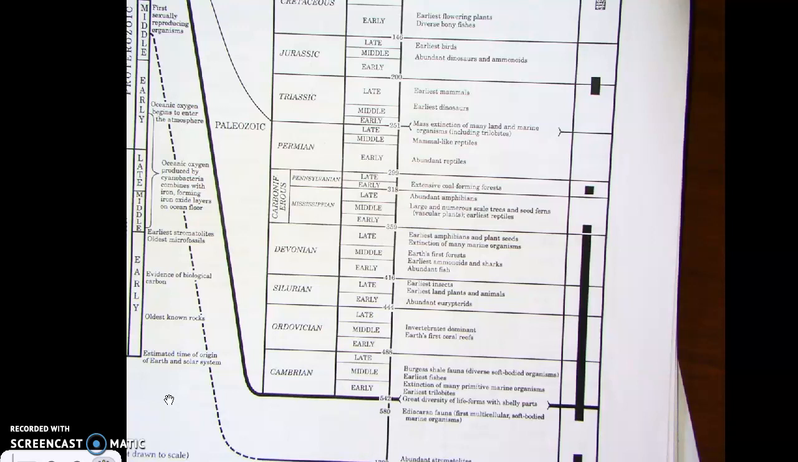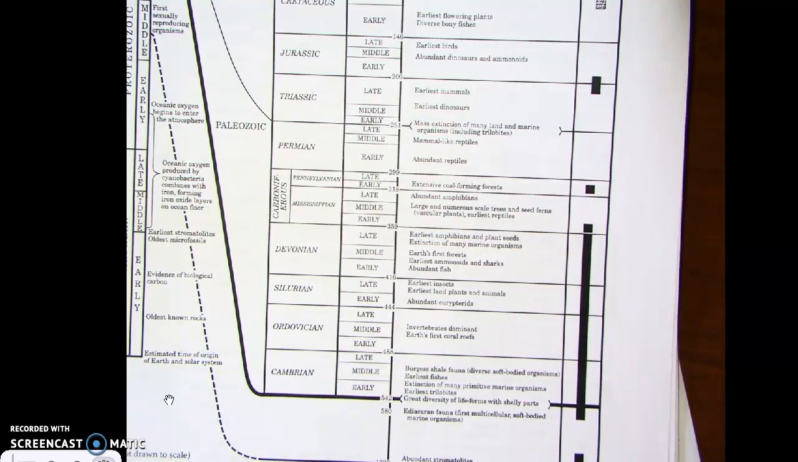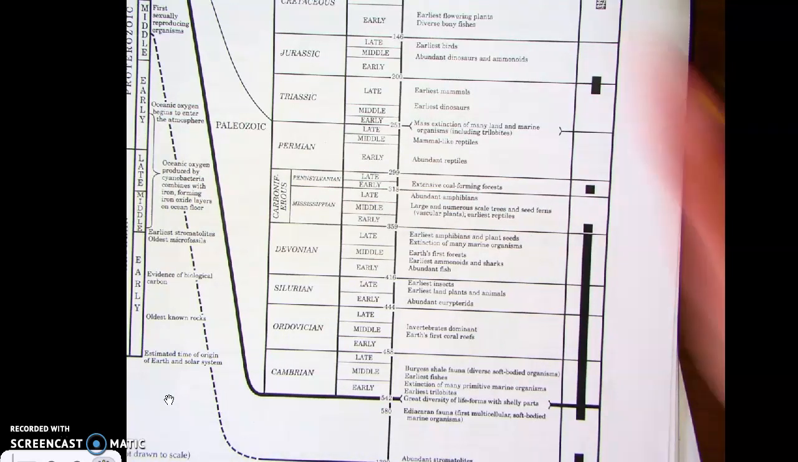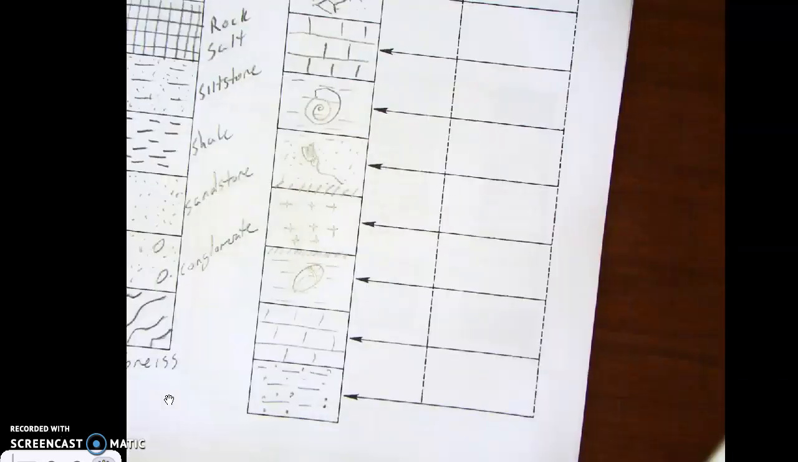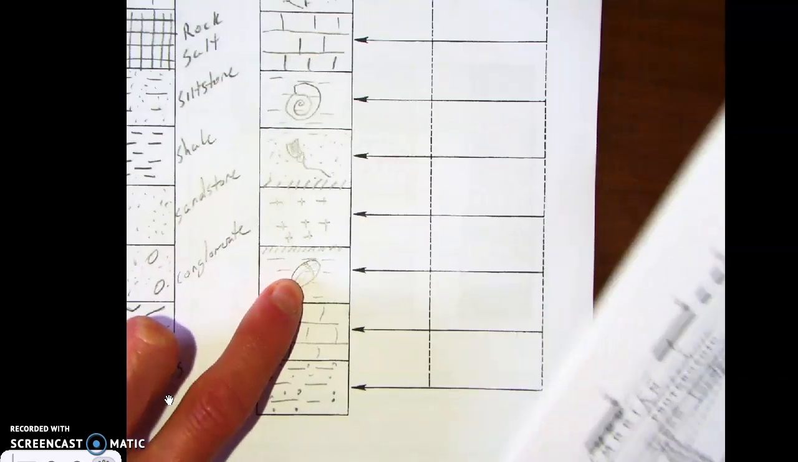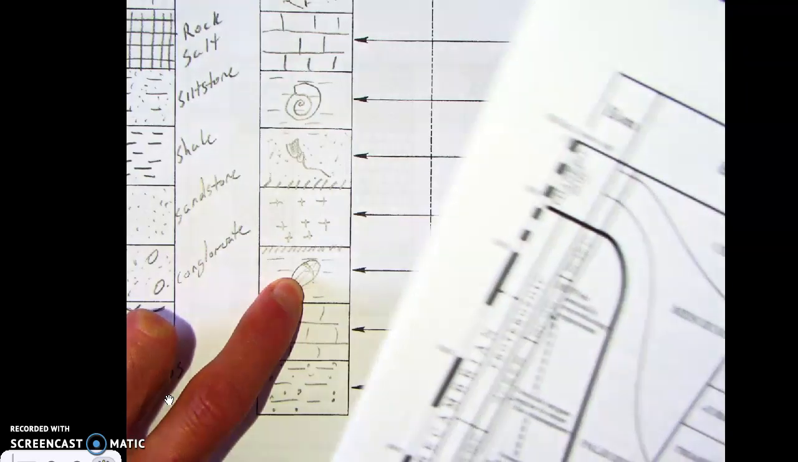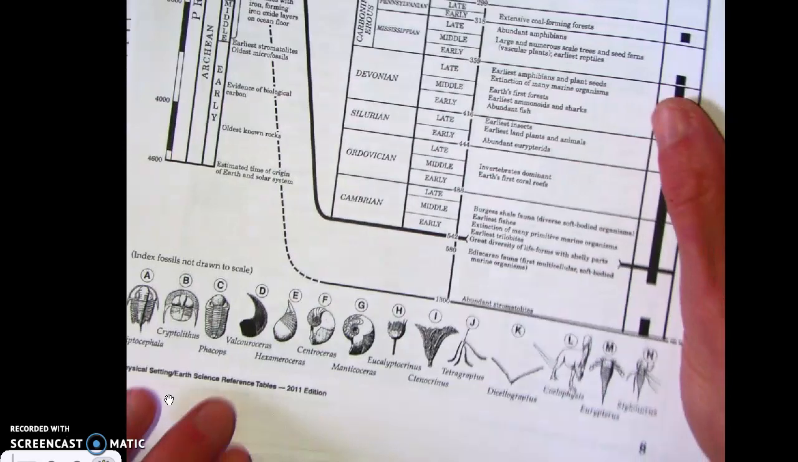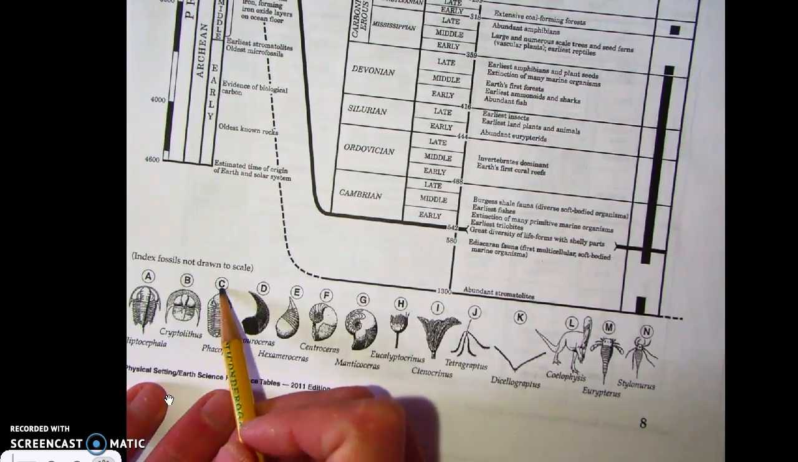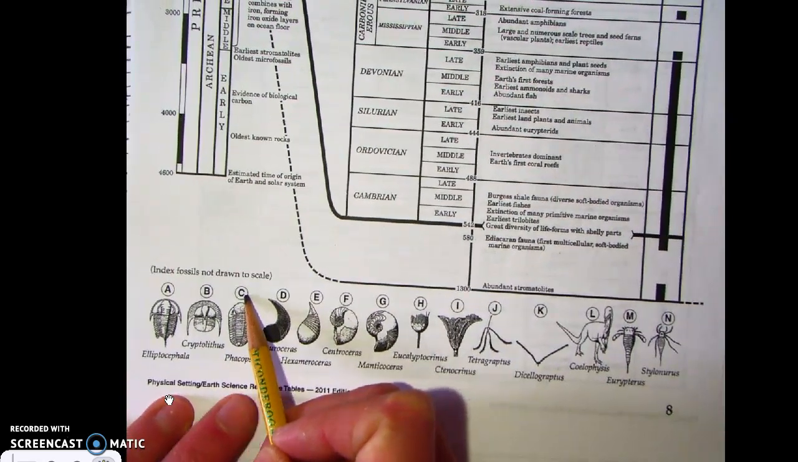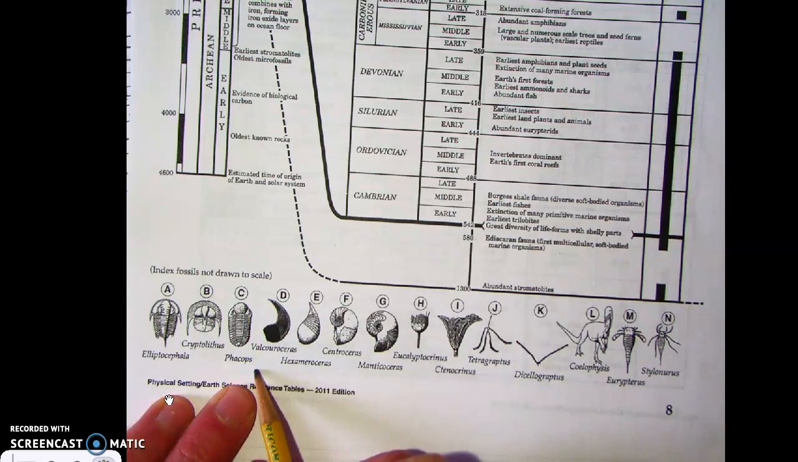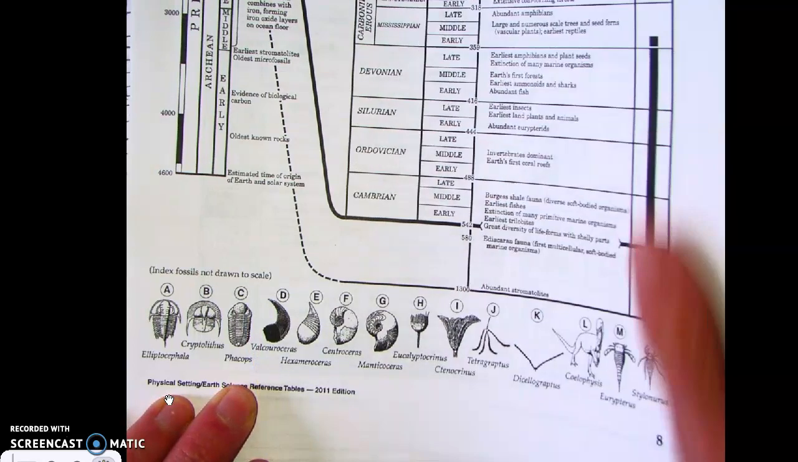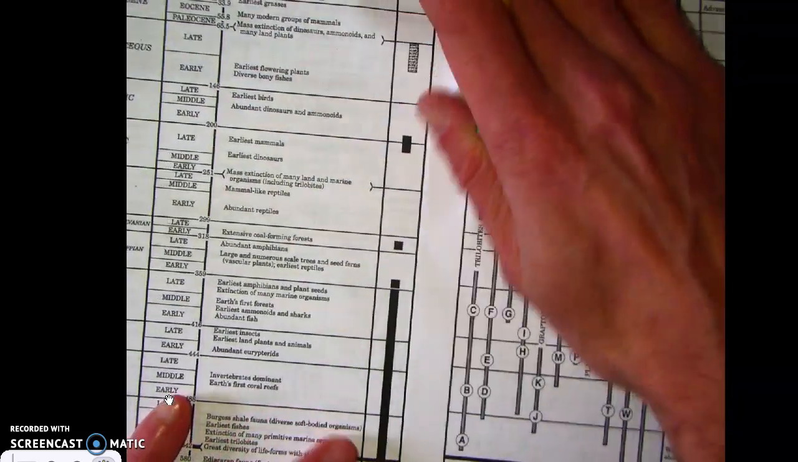So to identify the times, basically what we're going to do is look at the fossils. And here we have a trilobite. And if we look at the trilobite in the lab, it looks to me very much like trilobite C down here on the bottom of the reference table, Phacops. And then what you would do to figure out the age is lay the two sides or pages side by side,